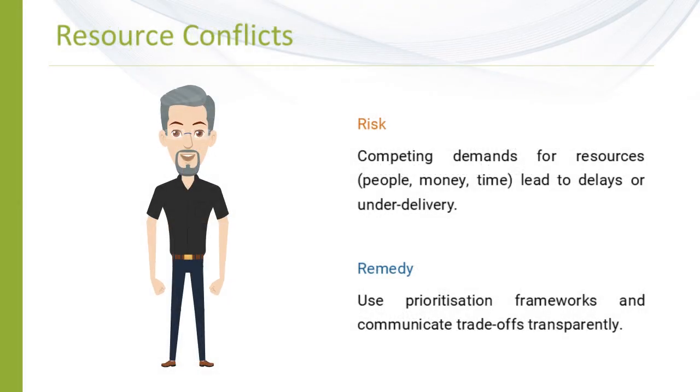It's one thing to have a plan, have direction, have commitment. But if we do not resource the plan effectively, it's not going to work. We need to make sure that if there are any competing demands for resources, and as you can see, it could be people, could be money, time, IT, processes, whatever it is, we can lead to delays, under delivery, frustrations, and sometimes conflict. So by coming up with a prioritization framework that generally should then lead back into your asset management objectives and strategic asset management plan, you can start to look at where the trade-offs could be, and you can do that with transparency.